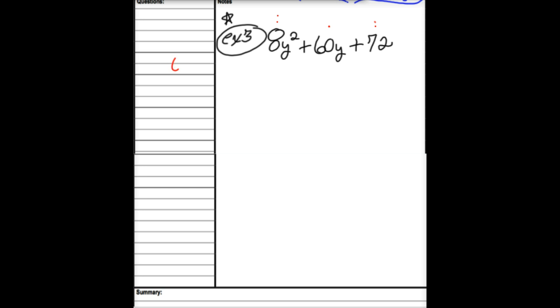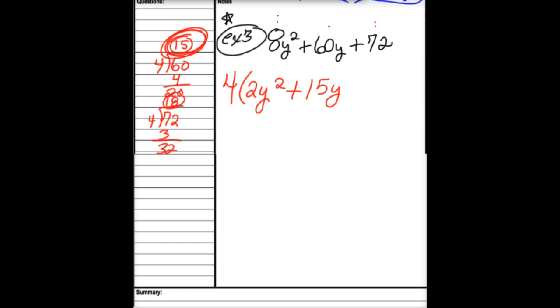Does a 4 go into 60? Well, I don't know. Take out a calculator and check. Because if it does, we need to use it. Yes, it does. Does a 4 go into 72? Yes, it does, 18 times. So 4 goes into everything, and I'm going to be pulling a 4 or dividing a 4 out. What that'll leave me is 2y squared plus 15y plus